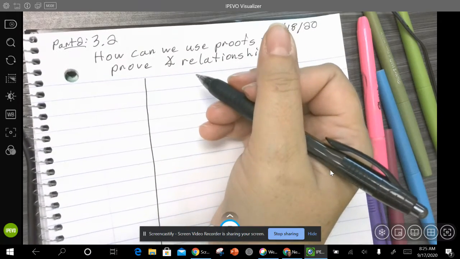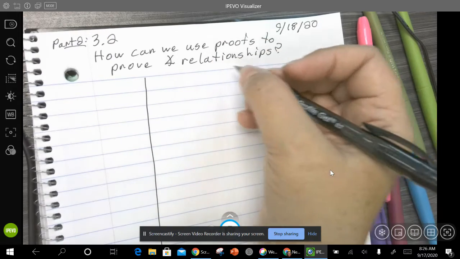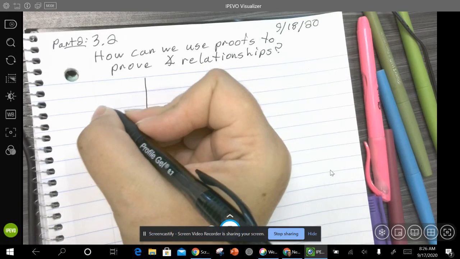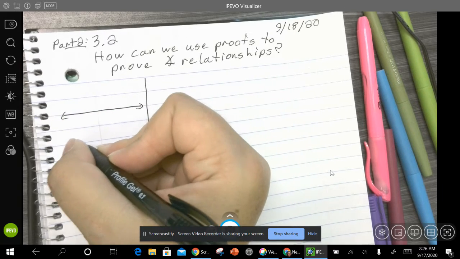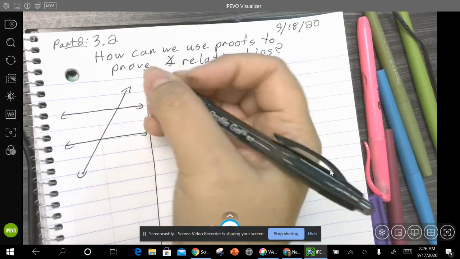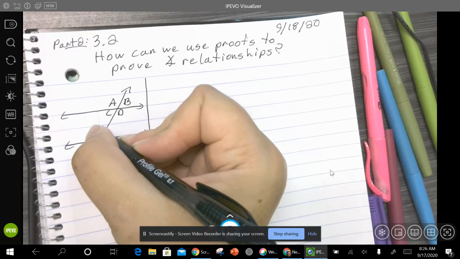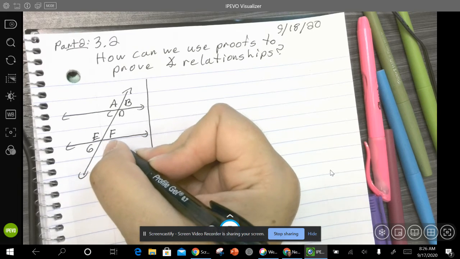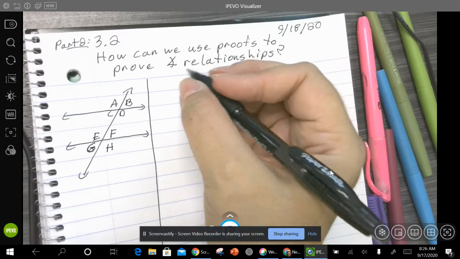Okay, so we're going to do a couple different types of proofs for these. So our first one that we're going to use, so I'm going to draw a diagram. So I'll put my diagram over here. Okay, so we have A, B, C, D, E, F, G, H. Okay, this is a G, not a 6. Okay, so we're going to prove, so we're going to be given